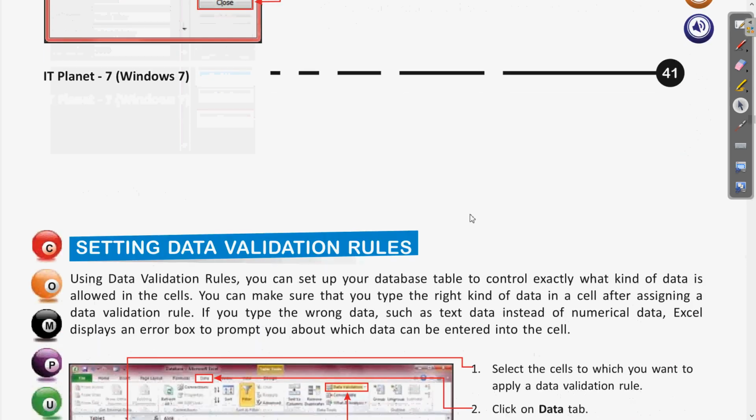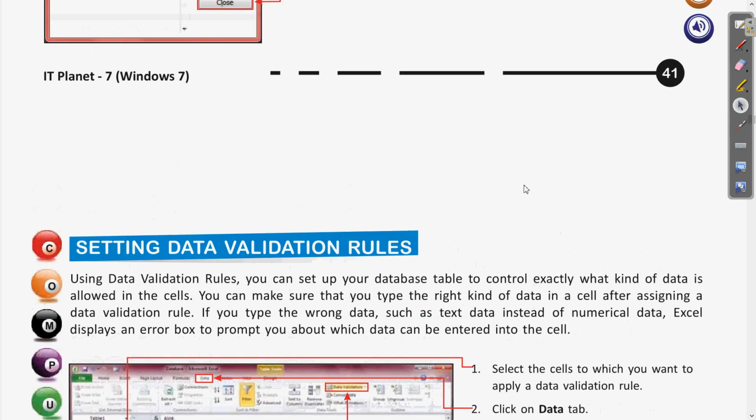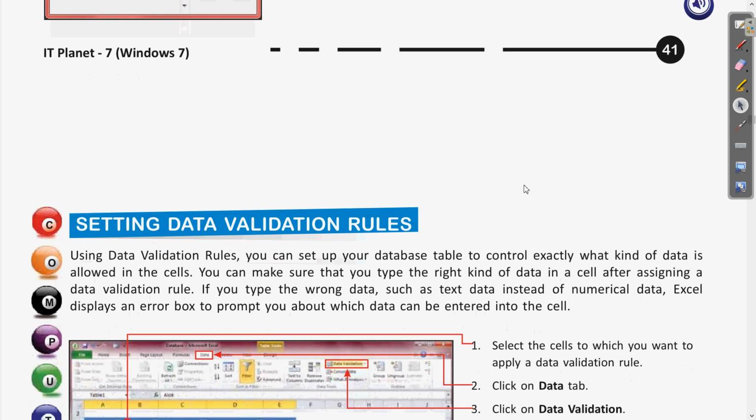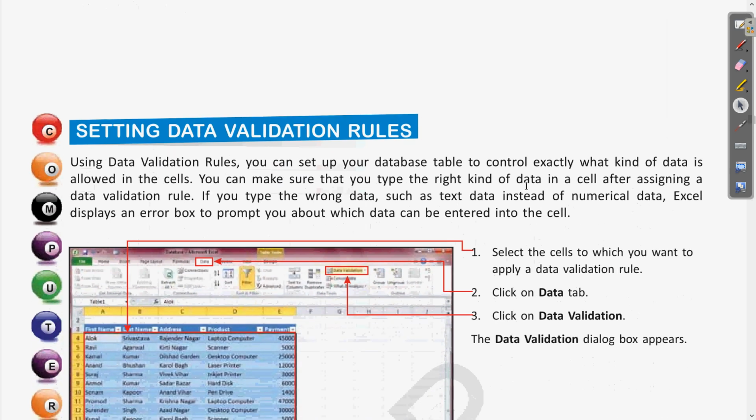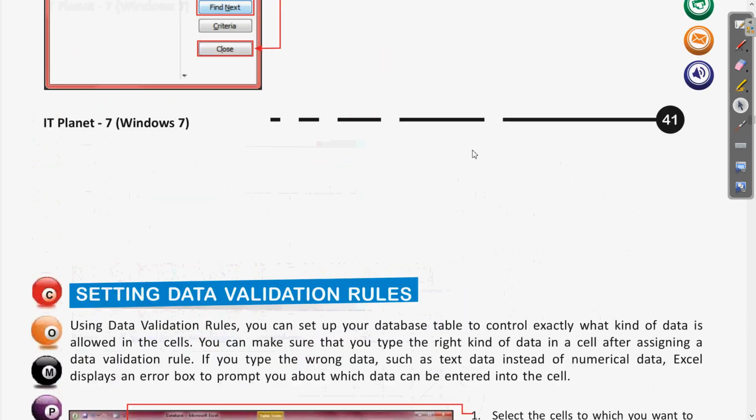In the coming class we will see how to apply some validation rules. Validation rules are actually some other criteria which are used for taking the input. While the user is entering new records, only at that time can we use a certain validation rule. When that condition is met, only then will the values be entered. Clear? So this we will cover in the coming class.